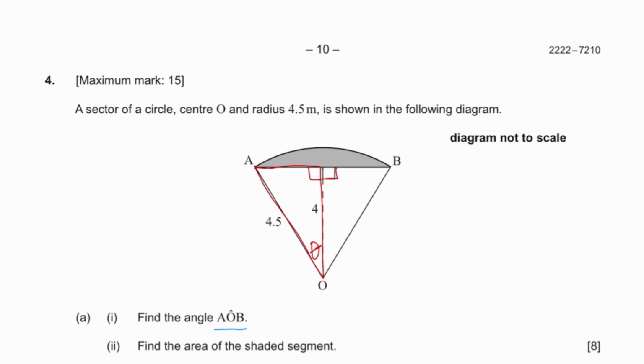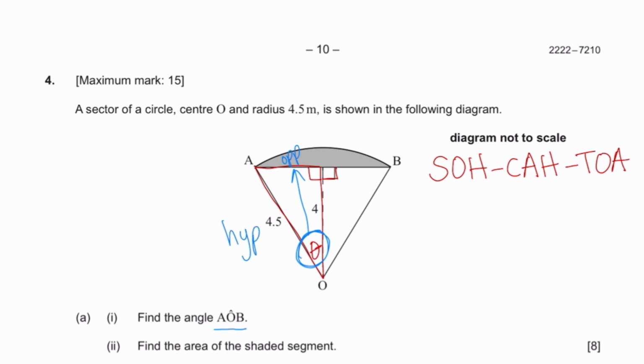If you remember the trigonometric ratios, sine, cosine, tangent, they can only be used on right triangles. If you do not have a right triangle, then you cannot be using SOH-CAH-TOA. So here, the way you use SOH-CAH-TOA is that you start with the angle. According to this angle, this side right here is opposite. This is the hypotenuse of this right triangle because it's opposite the 90-degree angle, and that leaves the 4 to